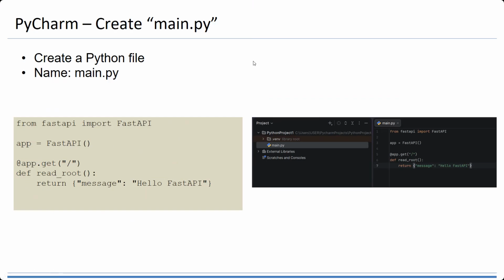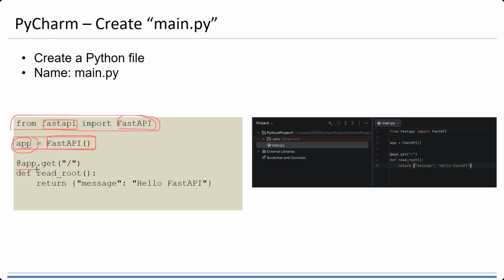The first line is to get FastAPI from the FastAPI library that we installed. The next part is to create a new object. So app is an instance of the class FastAPI. Once you create the instance,